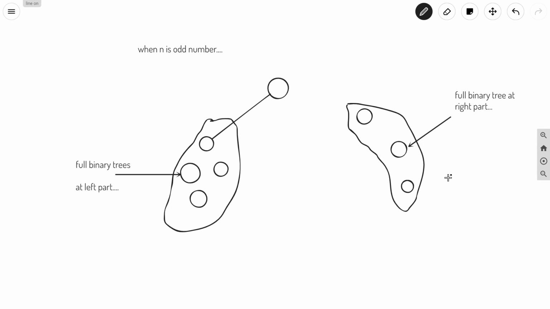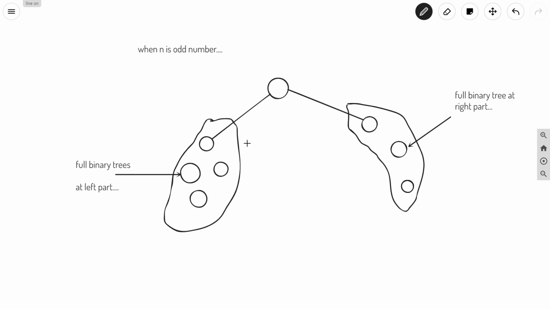Again, we will take one full binary tree from the right part and attach that full binary tree on the right of the given node. We will solve for all possible cases, get all combinations, and store each combination in a vector. In this way we will solve this question.